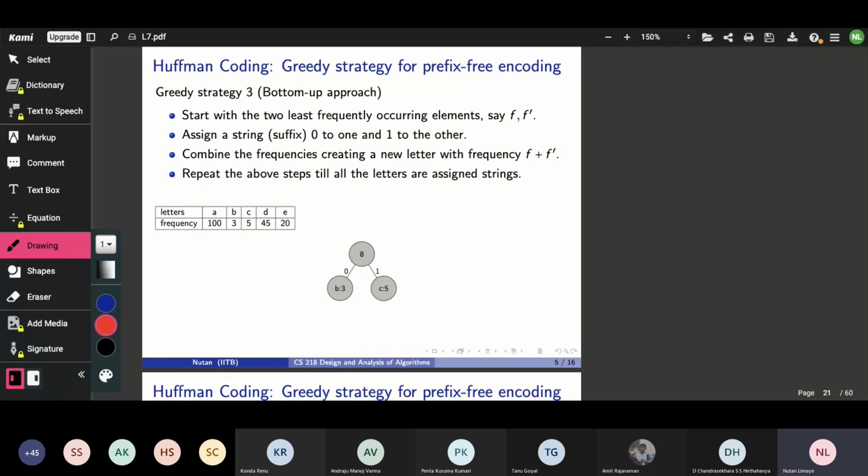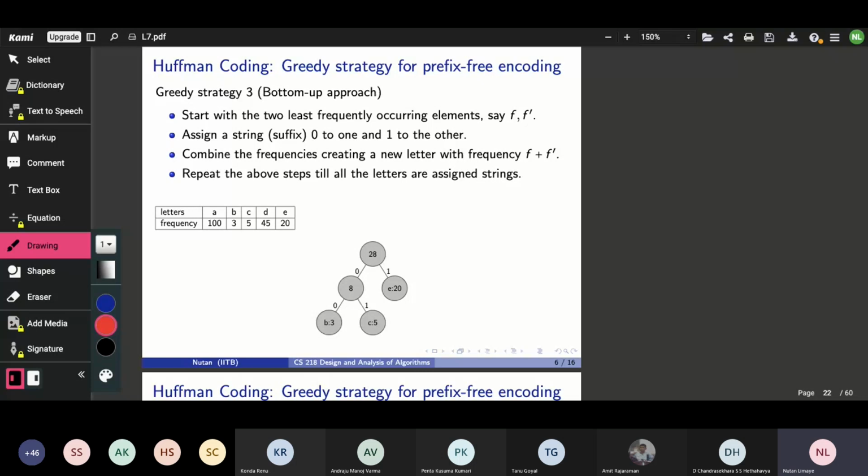So 8 is the smallest frequency, and the second smallest is 20. So now in the tree, I should be combining 8 and 20. That's what the tree does. And now again, I could make the bigger subtree formed by combining 3 and 5 the left child of this node that I created with frequency 28, or the right child.